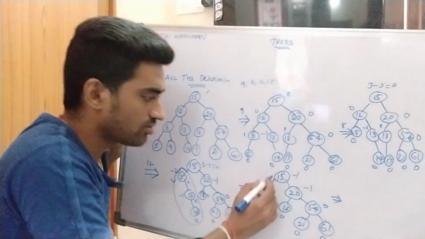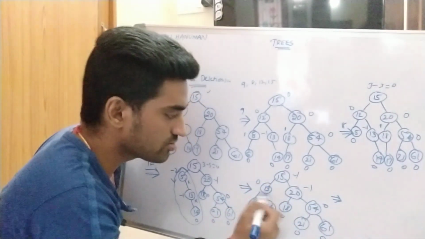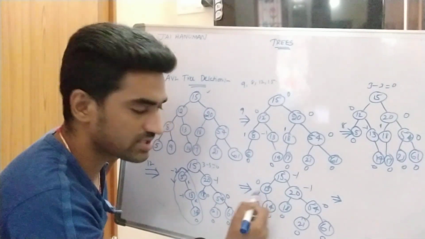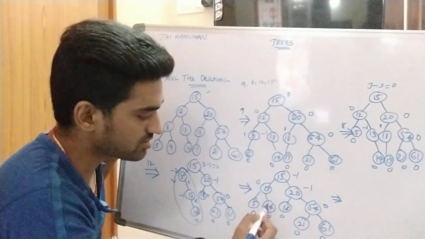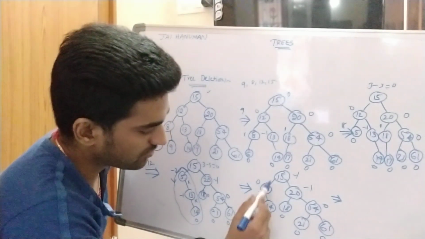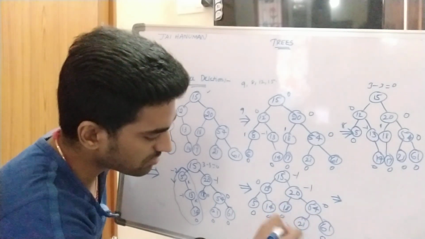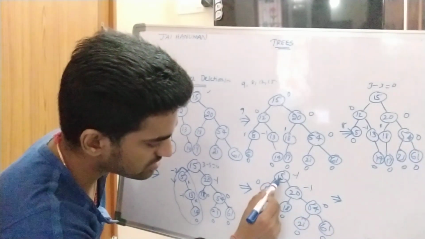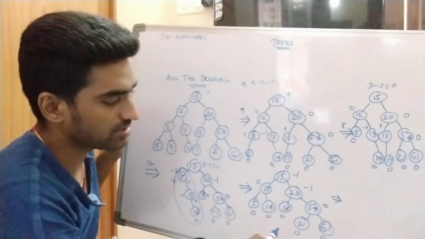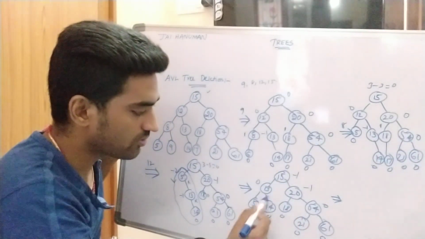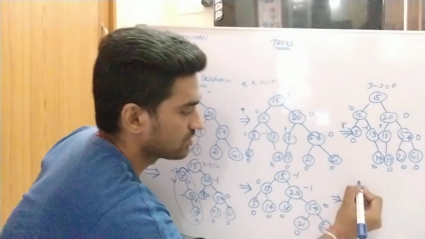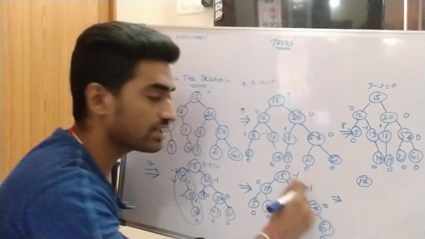So after deleting node 15, this node also contains 2 children. So that's why it can be replaced by the maximum of left children or the minimum of right children. So here what is the maximum of left children? 14. Or you have to use the minimum right child. What is the minimum right child for this 15? 18. So 18 will replace the position of 15, or 14 will replace the position of 15. So here I am taking the maximum of left children, 14.